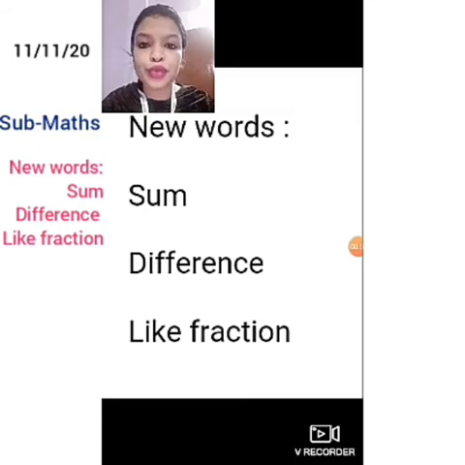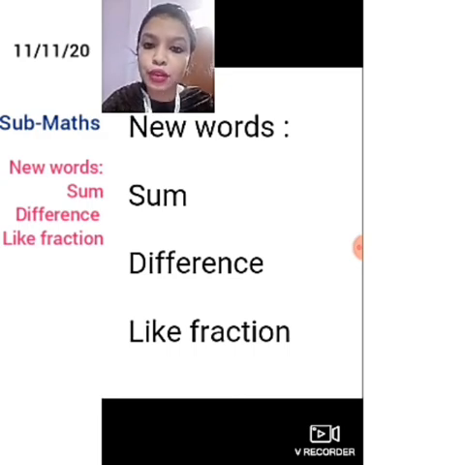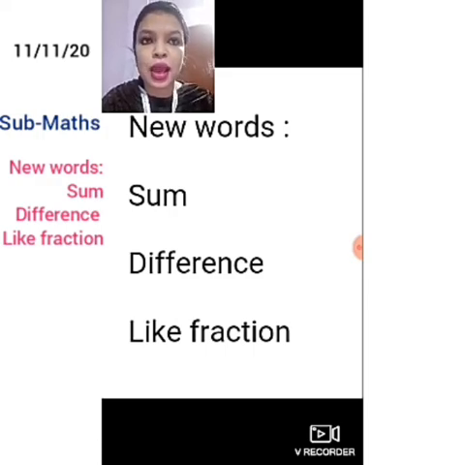So children, I am winding up the class. The questions I have given for the workbook, you can write down in your workbook using your pencil, and the other questions which I have not done, you have to try by yourself. The processes are all the same. Just follow the 4 mark questions, then you can attempt the questions. And after a few days, I'll be uploading the correct answers. You can go through them and write them down in your workbook.